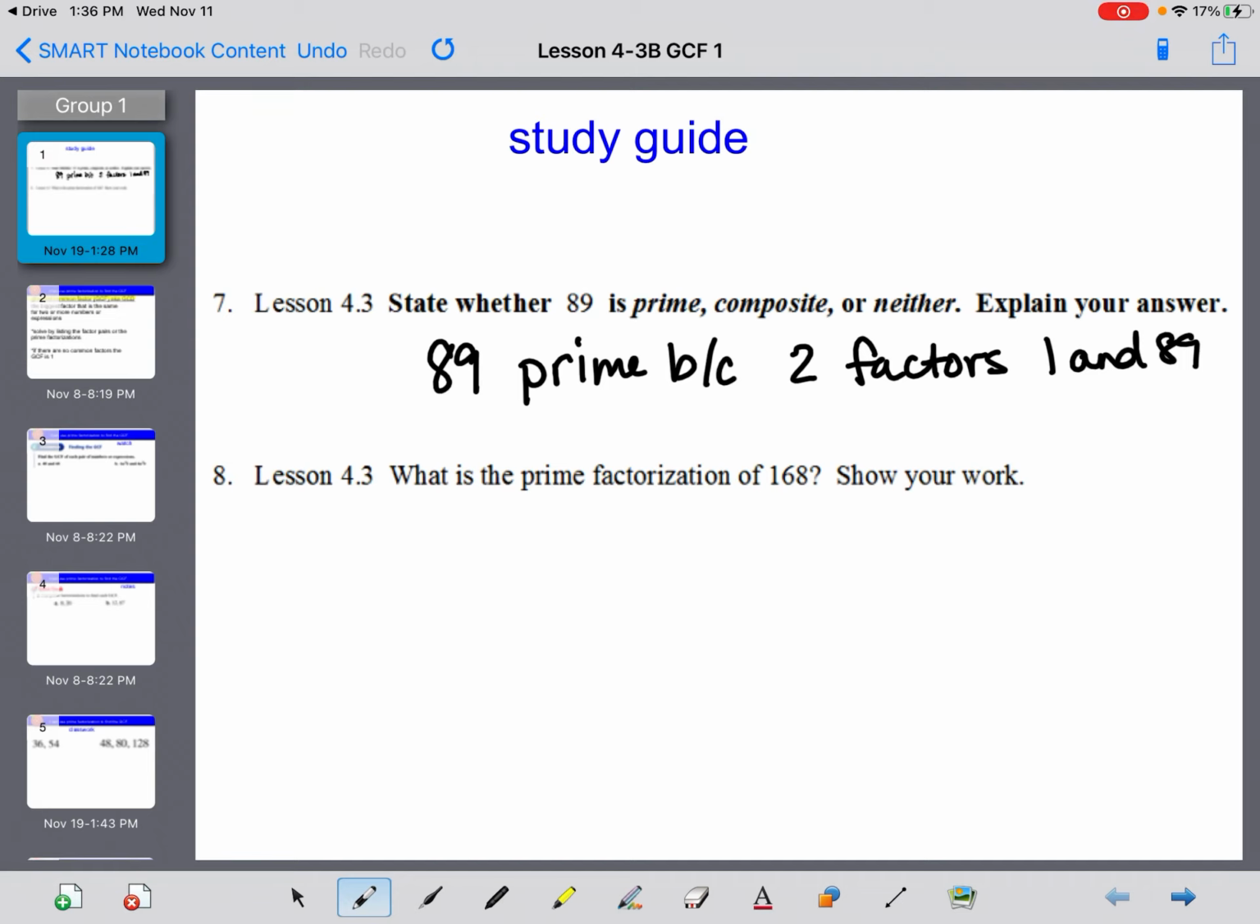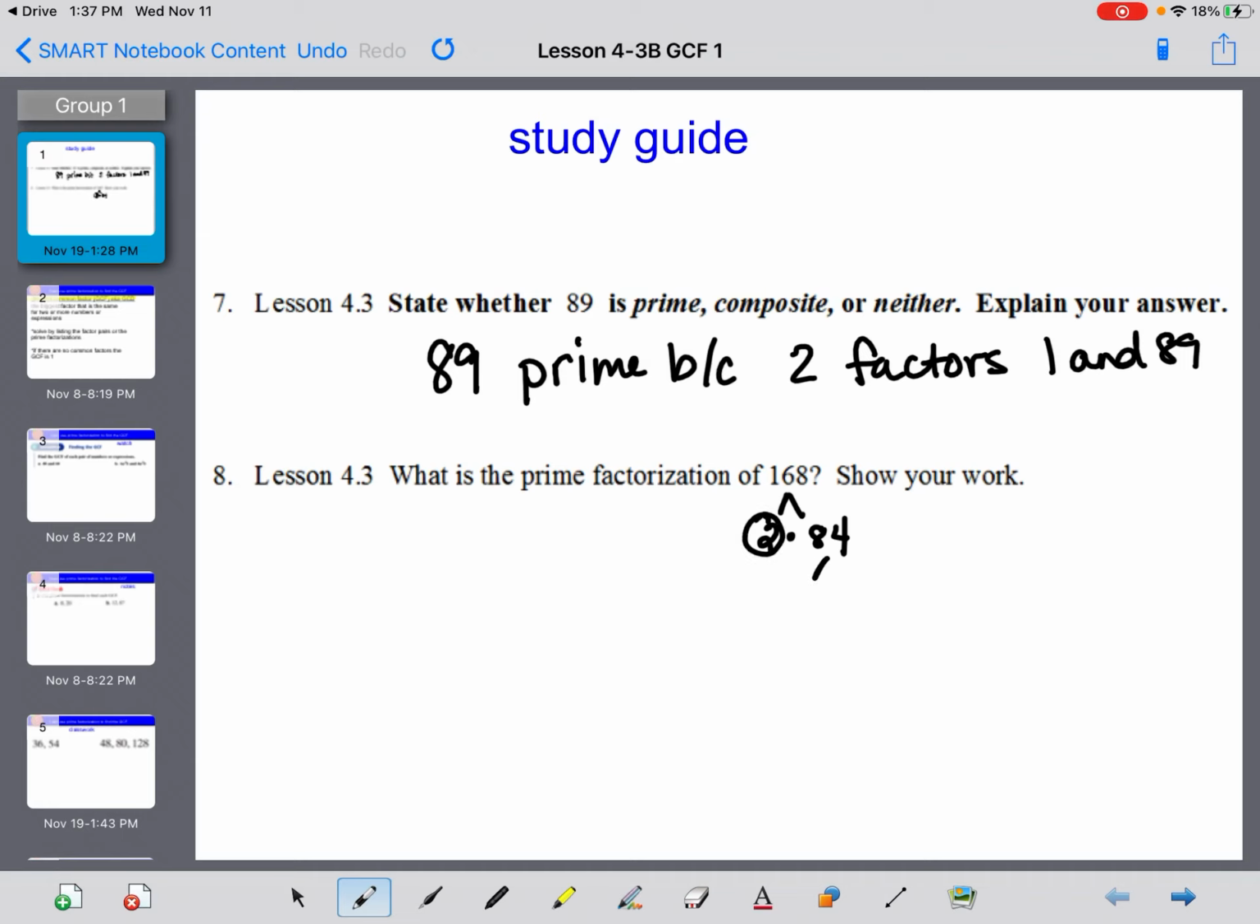The next question: what is the prime factorization of 168? Show your work. Because, let's see, there's a couple ways you could go. Let's just start by saying it's divisible by 2. Some of you maybe went with 3. And I would say 84,